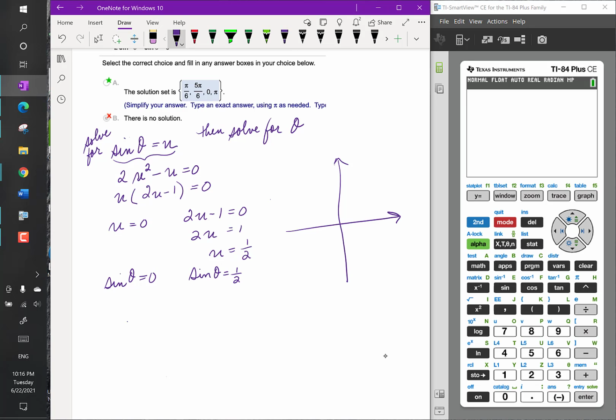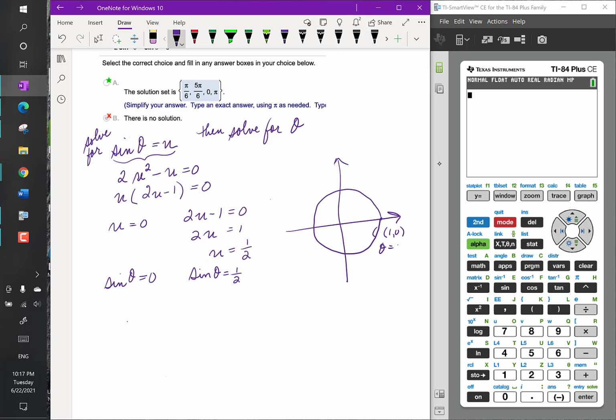So first we'll look at when sine theta is 0. Well, when is the sine 0? It's 0 at the point 1, 0 on the unit circle. So the point is 1, 0